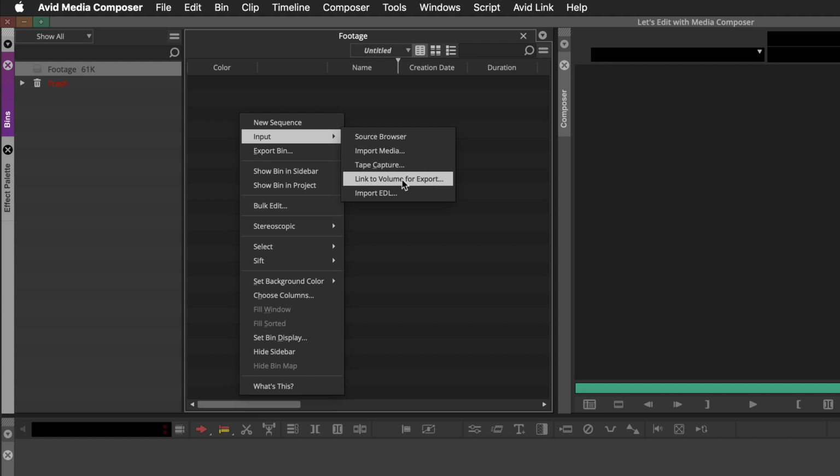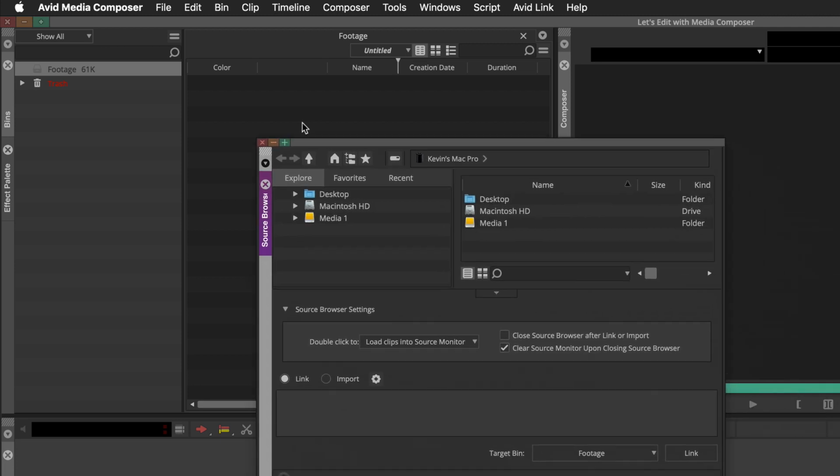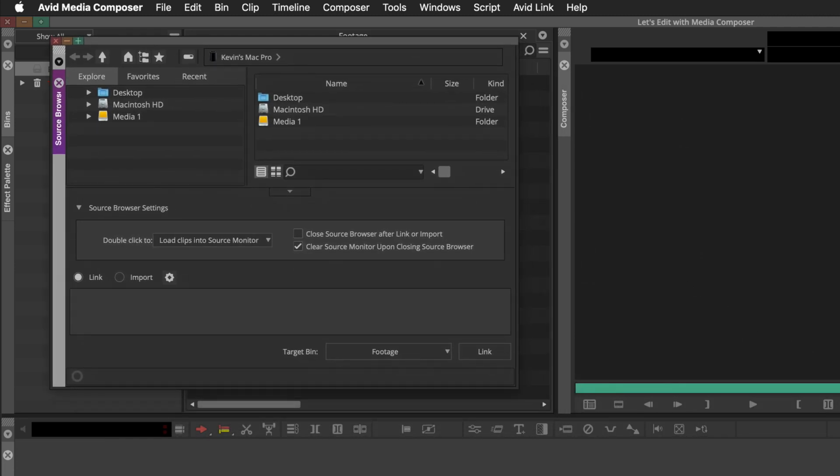You can also link to a volume 4 export as well as importing EDLs here. But for what we're doing, the source browser is where we're going. I'm just going to drag it up here to the upper left-hand corner of the interface. Now, before we even get in and talk about how we actually link to files, I want to talk about